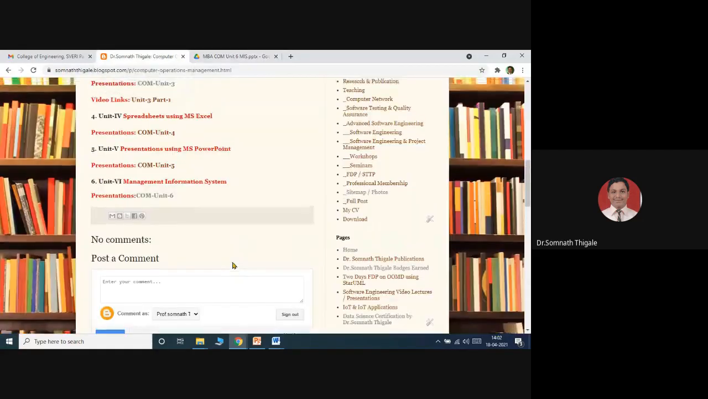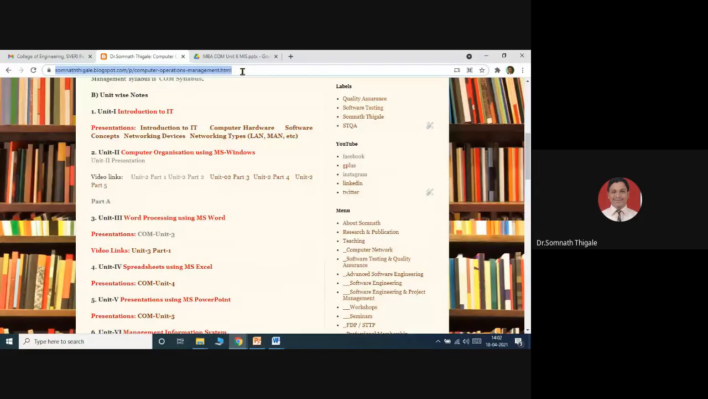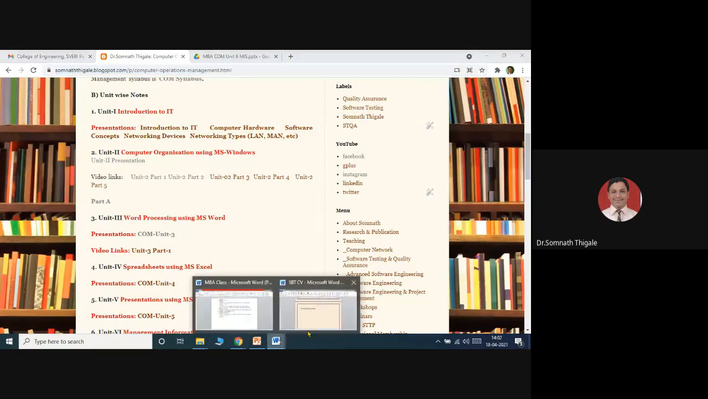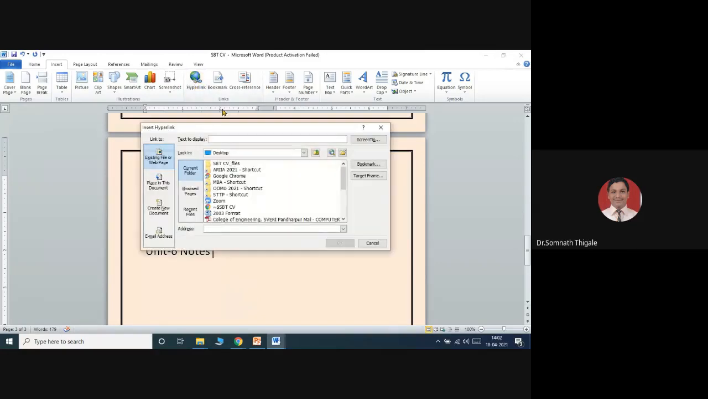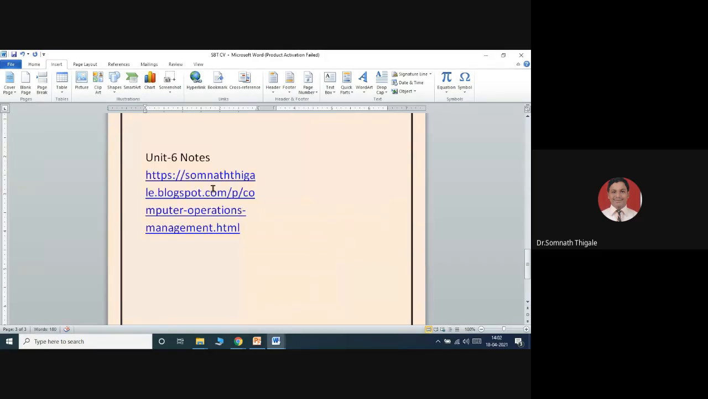So this is just a link. Control C. I'll copy this link and paste it in the document. Where I will put unit 6 notes, I will hyperlink. If I click here, that link will automatically open. So that part I'm calling hyperlink. I'll put the address over here. See here, this link will be automatically opened if I click this part. So if I select this,